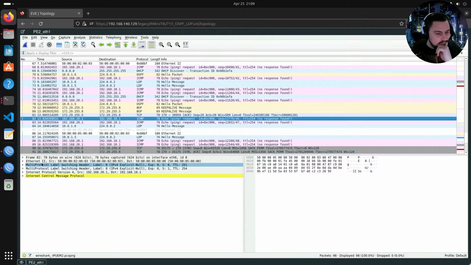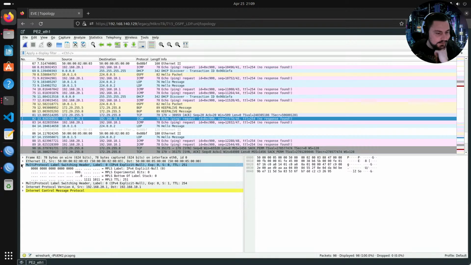And here I think I also set the explicit null. We shouldn't have to do that. It's just another thing that I was testing with. And if you're not familiar,